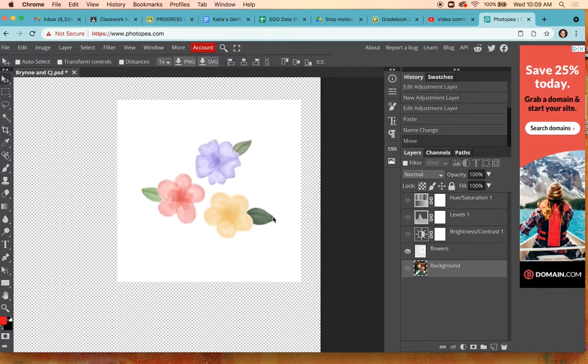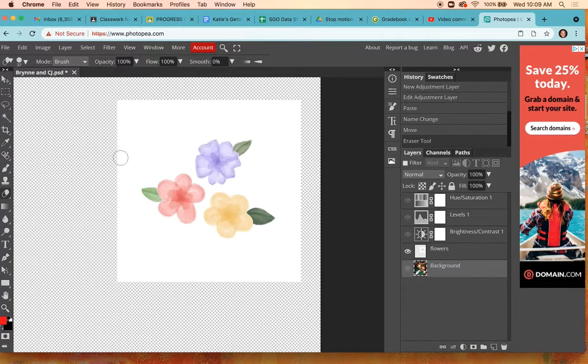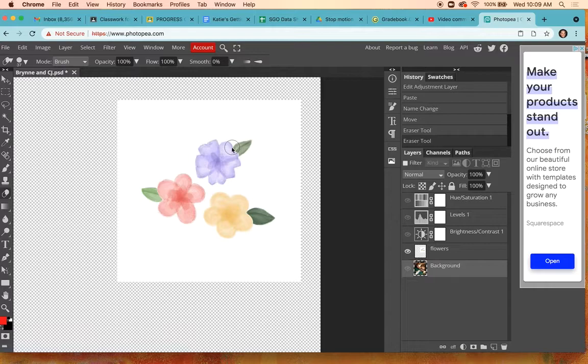Yesterday I went over erasing the background. You can totally do that. You can use your eraser and, using the options above, you can scale your eraser, make it bigger or smaller, right? You can change the hardness of it if you want to make it hard or soft by pulling this tab. And then you can go ahead, oops, okay,